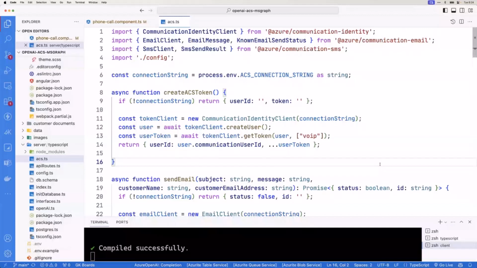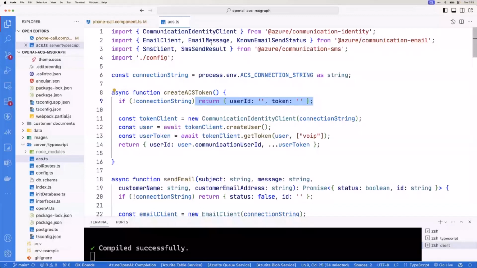Now, you'll notice up top here a couple packages. Azure Communication Identity, and then here's one for email and SMS. We'll look at that next week, actually. But for ours, we just need the identity. And so you'll notice that I have this create ACS token API. And this is just a standard RESTful type of API that can be called. And all it's going to do is return a user ID and a token. Now, we need that in order for ACS to be able to make the phone call in this case. And you'd use it for other things like audio video calling and others.